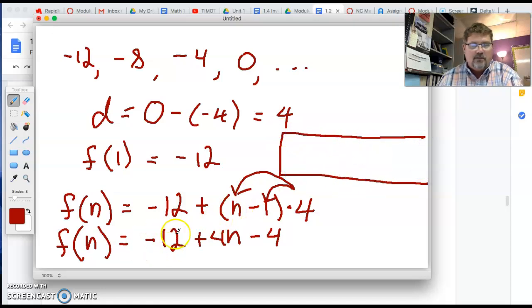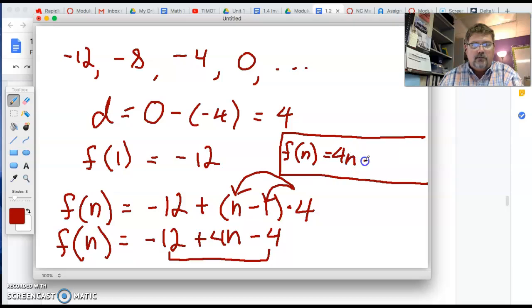All right. So we're going to now combine this negative 12 and the negative 4. And our finished formula would say f of n equals 4n minus 16. All right, now, I'm going to spend a minute or two on this one because it's important that we do this